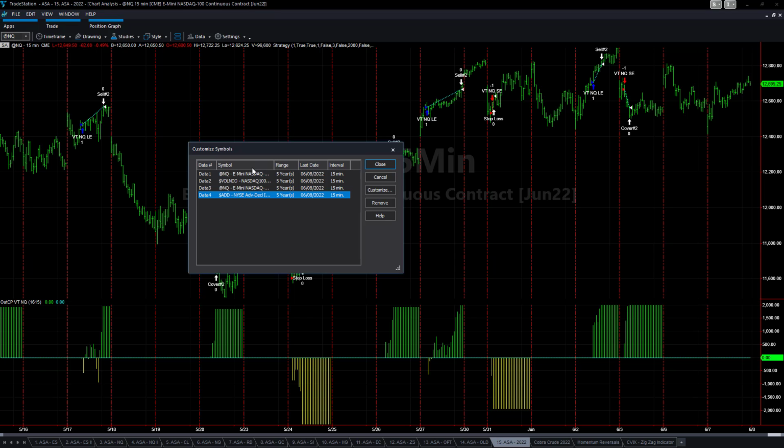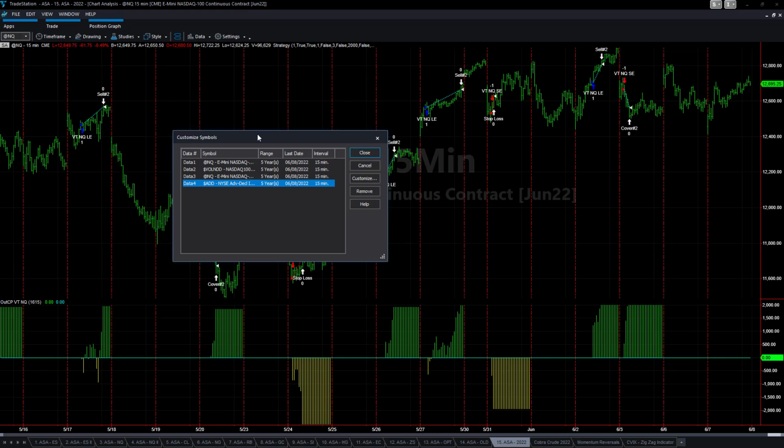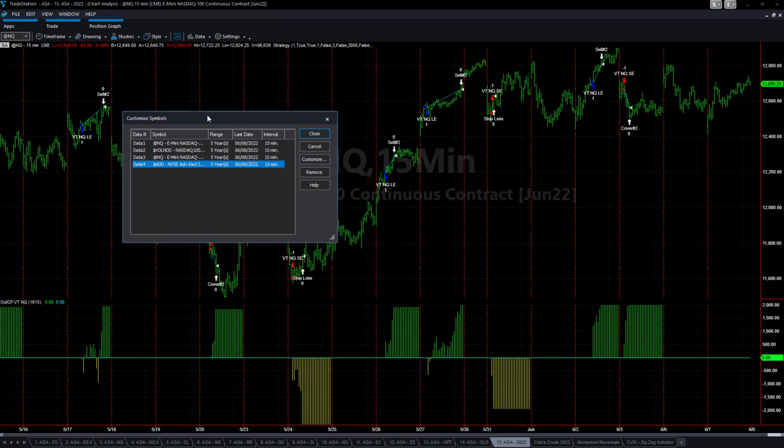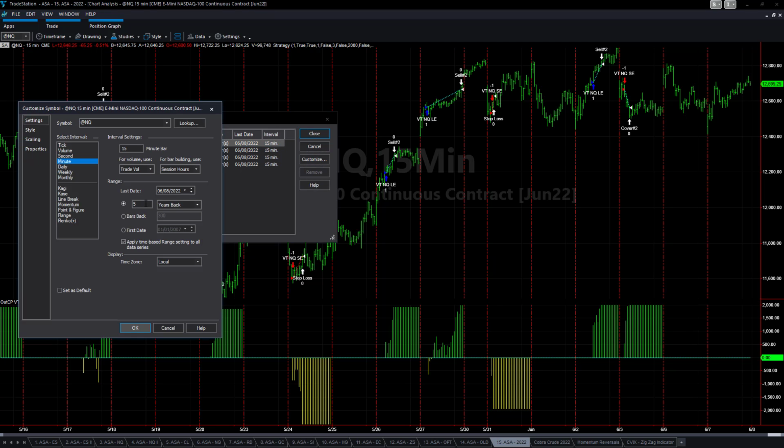So it's an interesting combination. We use volume difference on the Nasdaq, and we use the advanced decline line on the NYSE to dial it in. Good trading results the last 5 years for this setup. I want to show you the last 2 years for this setup as well. To do that, I'm going to say customize, set this to 2 years back,